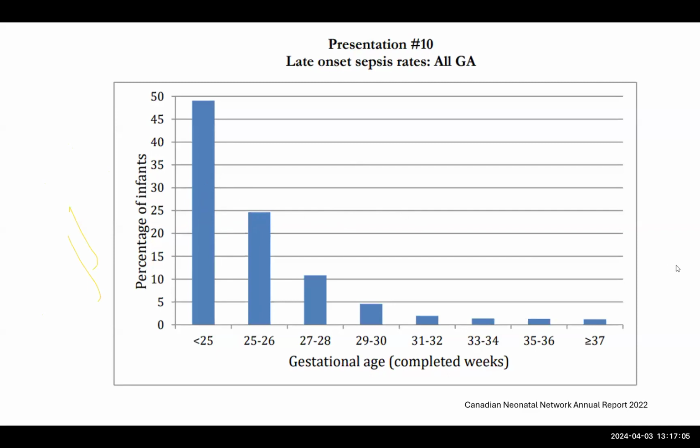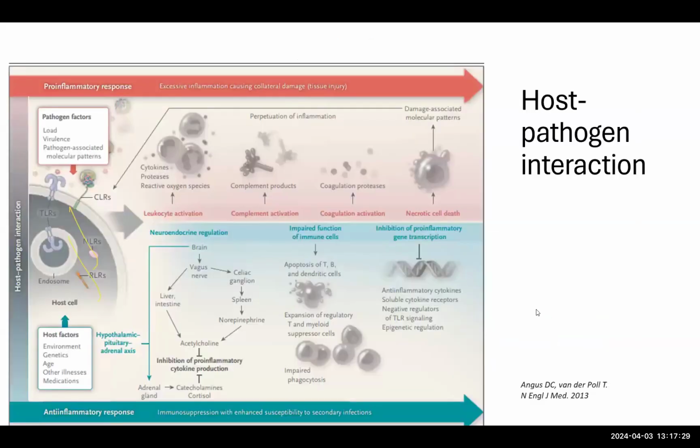So this is something that is quite important, but bear in mind in the Canadian Neonatal Network, the definitions are a little bit different from those of the CDC. They need only one blood culture and also the relevant symptoms and the infants being treated for 5 days of antibiotics. So these numbers may be higher than the numbers reported by our colleagues who are following the neonatal research network definitions.